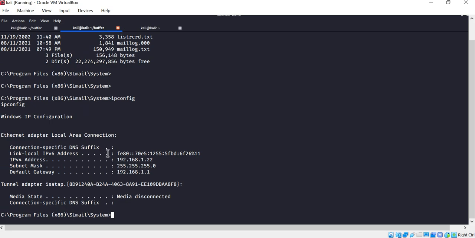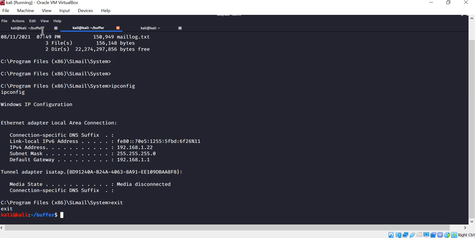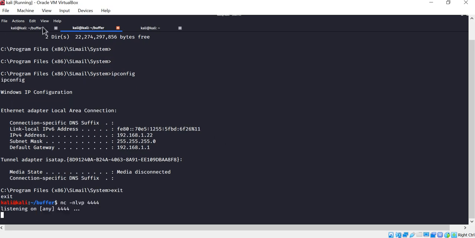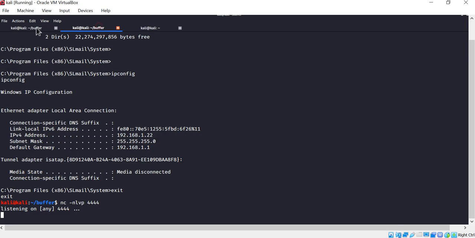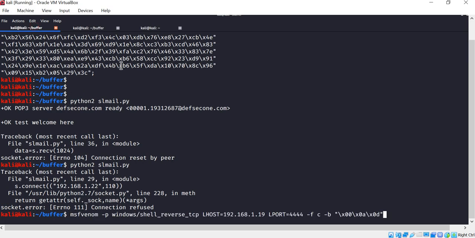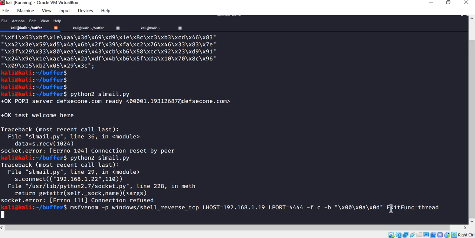We have a little bit of thing that we need to do here. Let me exit this and open my NC again and try to exploit it again. Now you could see the connection refused because the application crashed once we exited the terminal. To be on the safer side, when we develop the shell code, we could say EXITFUNC equal to thread. And now when we develop a shell code like this and we put it in our exploit code, even if we exit the shell, we will still have the service running.